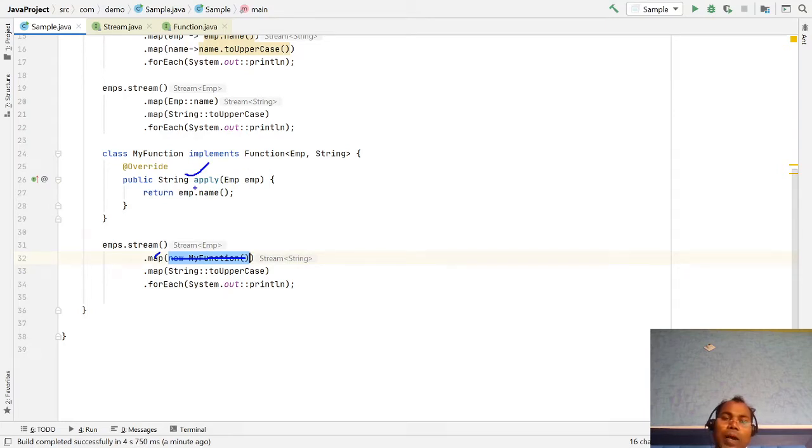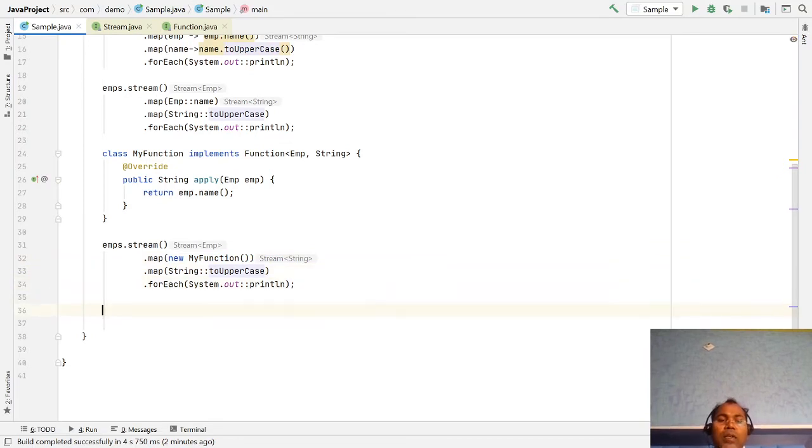Your apply method takes one argument, an Employee, so one Employee from your list of employees is already passed, and what you return is the string name. The next string again gets a name, is converted to string and printed here.